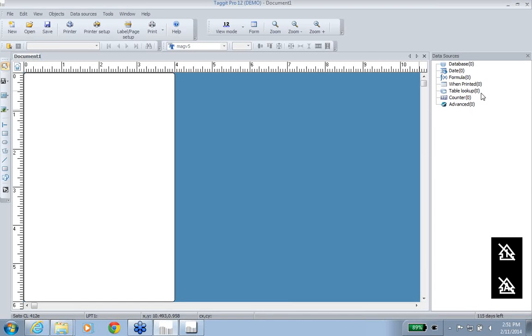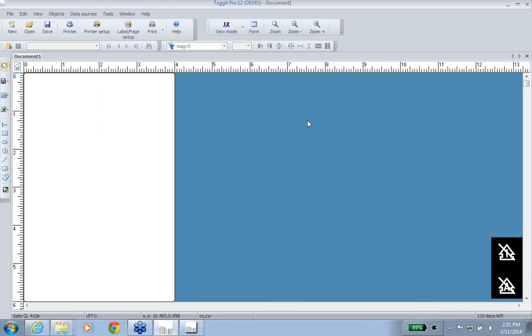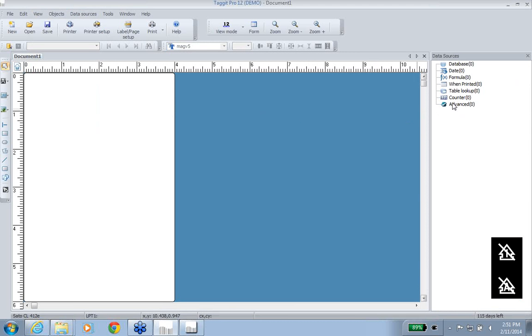And that's what this data sources window is over here. Now, if you don't have this data sources window on your screen when you open up by default, you can go to View and Data Sources, and that'll turn it on. Or in this case, I click it and it turns it off. But the key is View and Data Sources to bring up this Data Sources window,